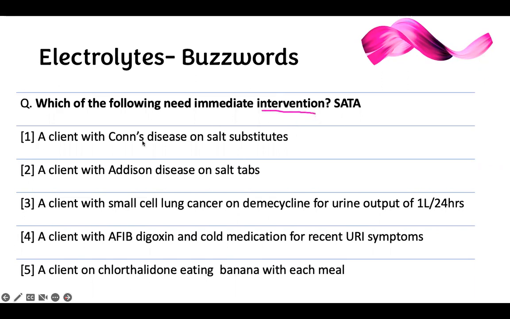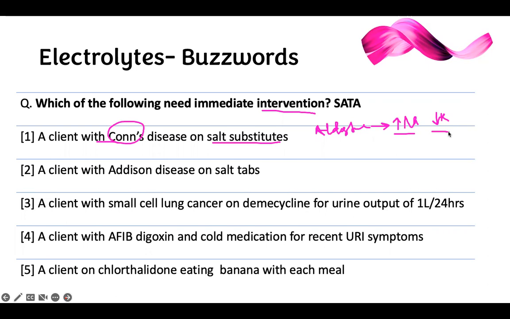A client with Cushing's disease on salt substitute. What are these buzzwords? Cushing's disease, salt substitute. Cushing's is where you have a tumor that produces aldosterone. If you have too much aldosterone, you have high sodium and low potassium. So you tell them to avoid salt. Don't take any salt, but